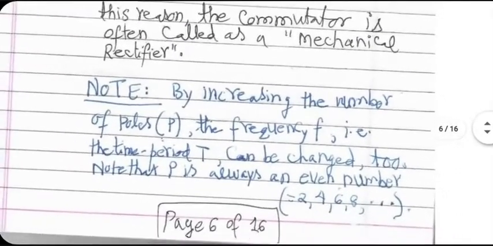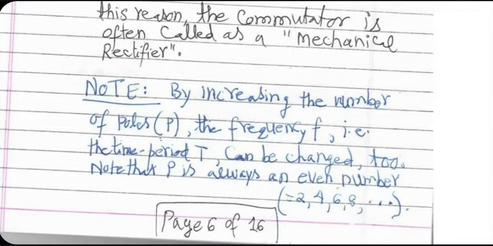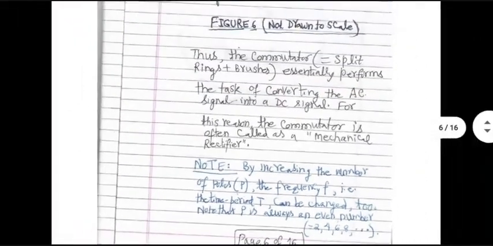Other thing is, instead of having only 2 poles, you could have 4 poles also, 6 also, 8 also. That can help in changing the frequency. Of course, for DC generation, we don't care much about that. But you will see soon that increasing the number of poles from 2 to 4 or 6 or 8 helps in improving the amount of EMF generated also. I'll come to that when I go to some derivations. Number of poles will never be odd. It has to be an even number, because for every north pole, there has to be a south pole. So you will use either 2 or 4 or 6 or 8 or even higher if necessary.